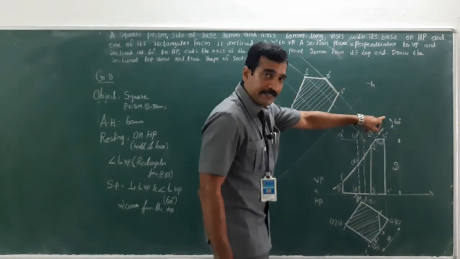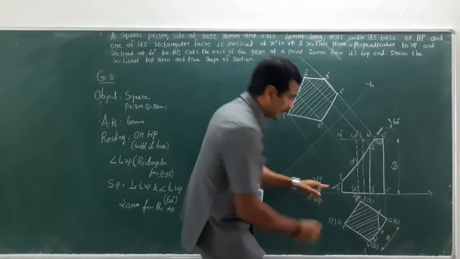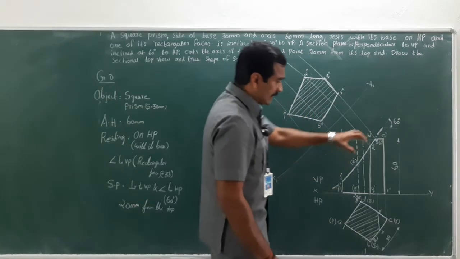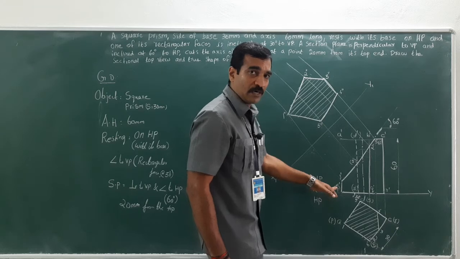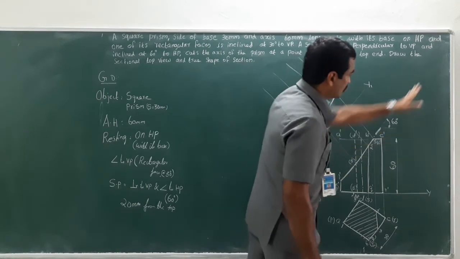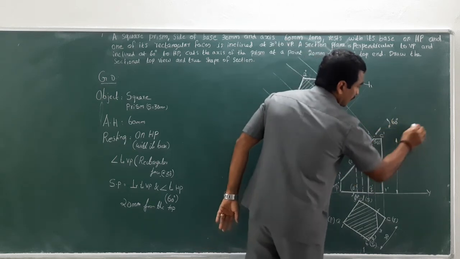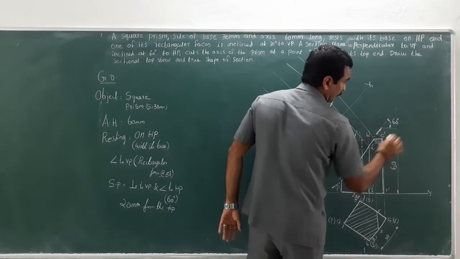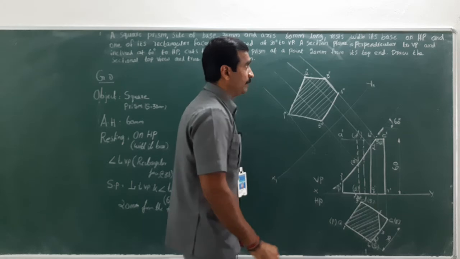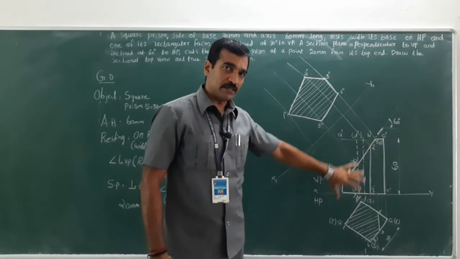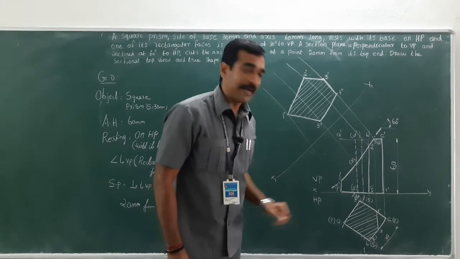Either you can specify it here if you have sufficient space here, and you just extend it and just mark 60 degree here. Since I don't have much space available here, that's the reason I have extended the cutting plane angle and drawn a horizontal line which is parallel to the reference line and marked the 60 degree. So with this, I have completed all the required drawings and the dimensions here.